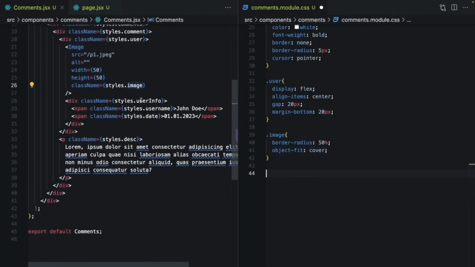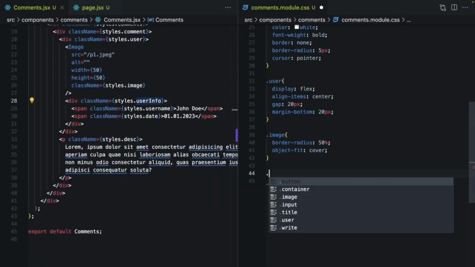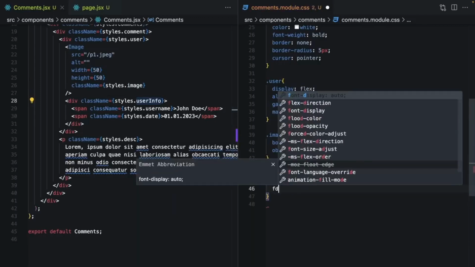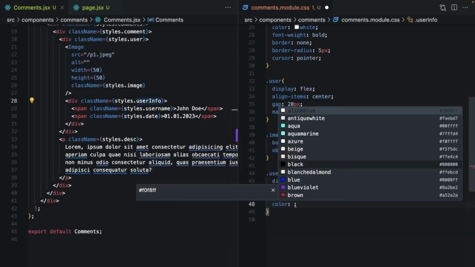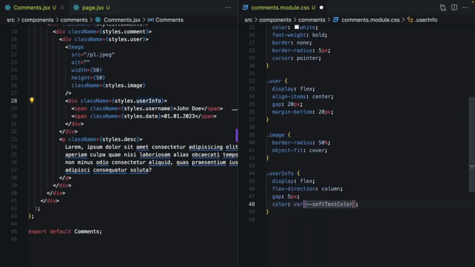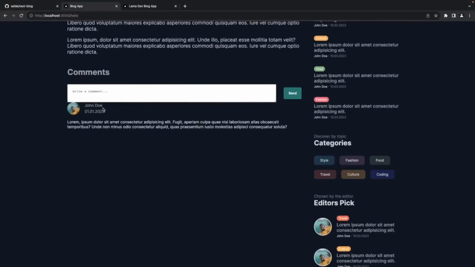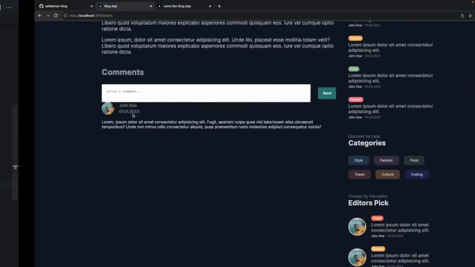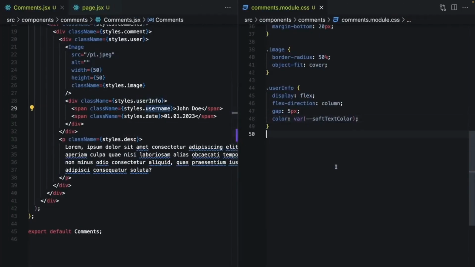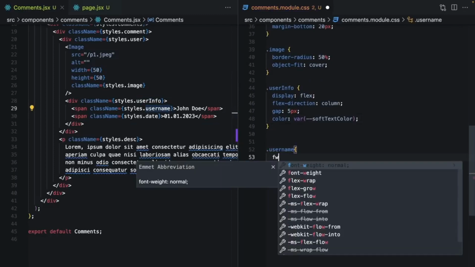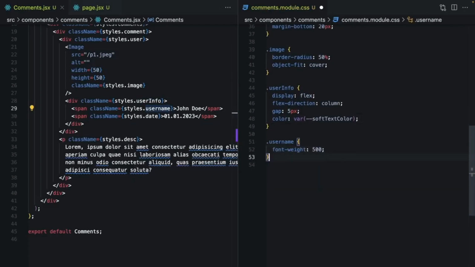What about this user info? It's gonna be vertical, remember. Let's give gap between them. And color will be soft. And for the username, font weight will be bigger. Where is our username? Here. Font weight 500. And for date,